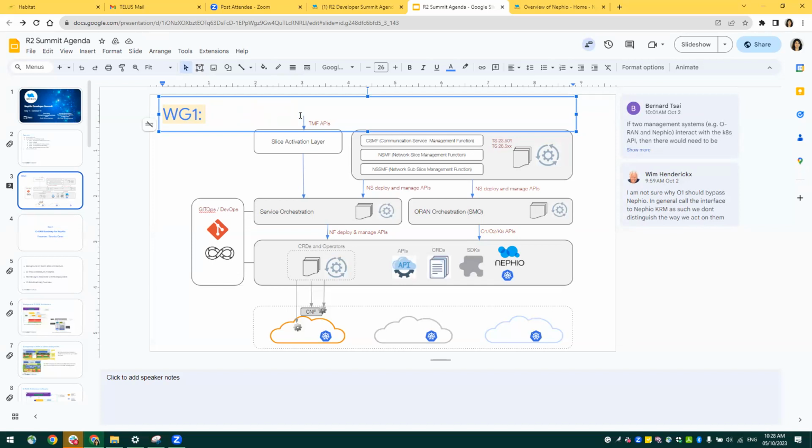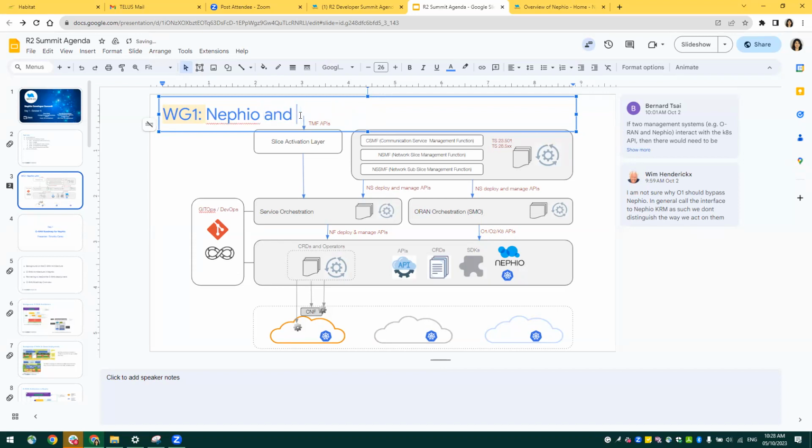Okay, let's work on the title. A shorter one, but of course the same message. Nephew with brownfield. Should they say brownfield looks like legacy? Well, this is not just brownfield. I mean, there are going to be greenfield deployments too. And SMO is very greenfield. Yes. Nephew with cross domain. Nephew and orchestration. I don't know, something like that.